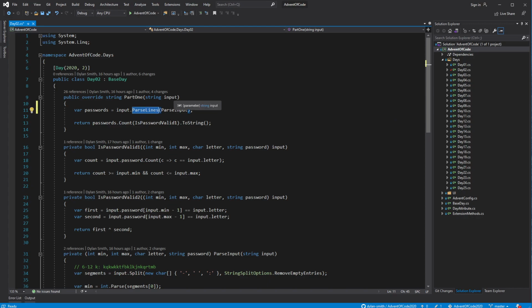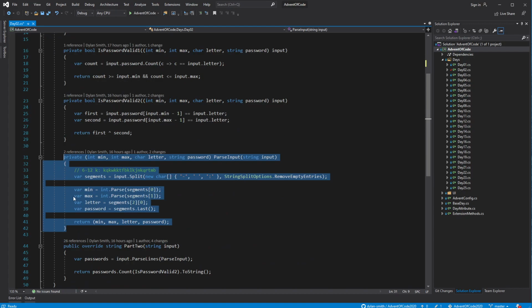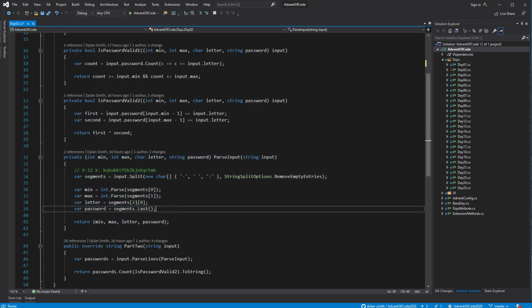But basically I split up the input into each line, and I got this parse input function, which takes each line and parses it into the interesting bits. I didn't have any extension method written that helps me with this, so I just did an input.split. When I'm presented with a string like this that has a few interesting pieces that I want and then some random characters in between them, usually what I do is I just do a split and I specify as split characters all the junk between the interesting bits. So there's a dash, there's a space, there's a colon. So this will remove all of those, remove any empty entries between them, and leave me with the four bits that I care about. Convert them to ints, convert it to a char, and then I return them in a